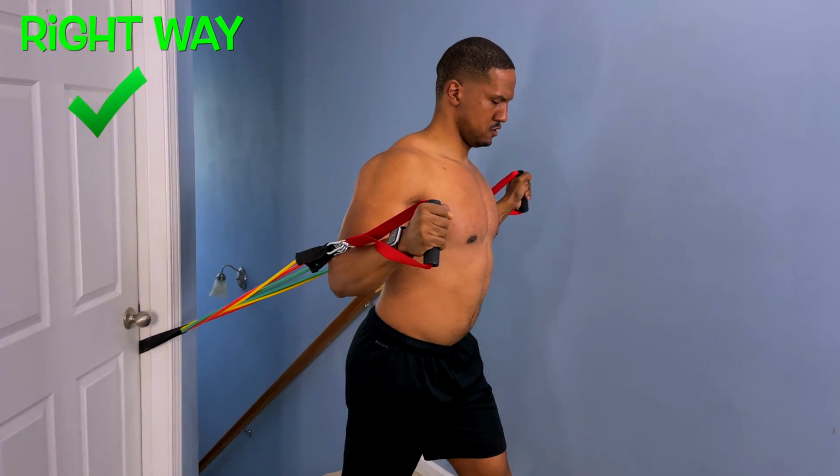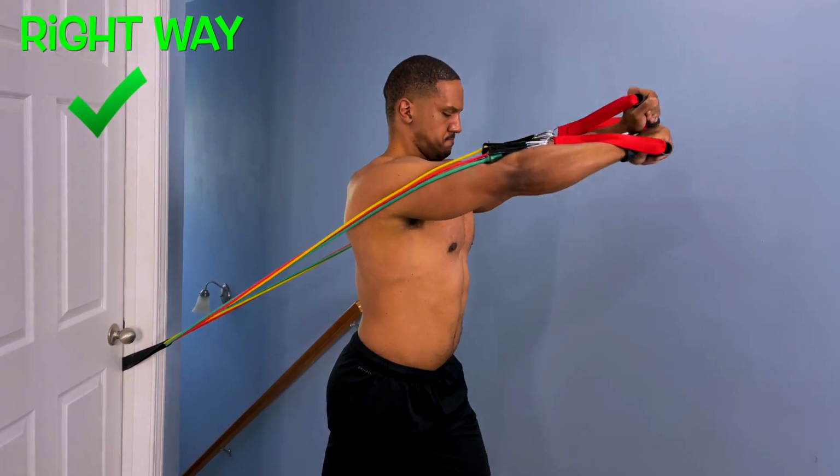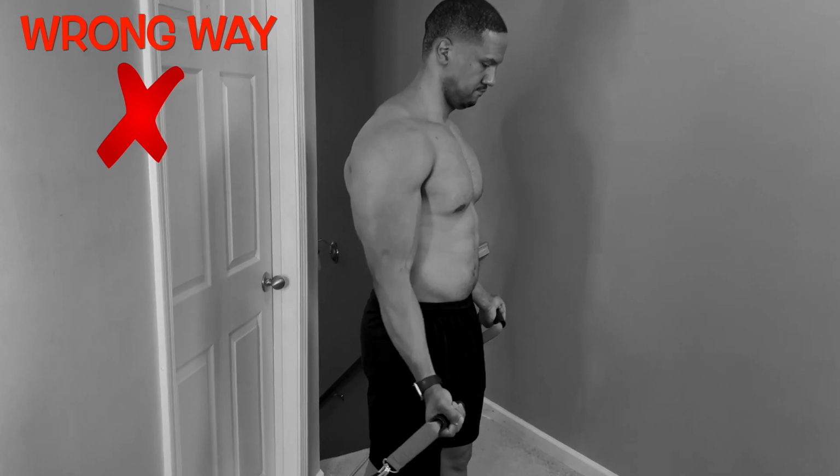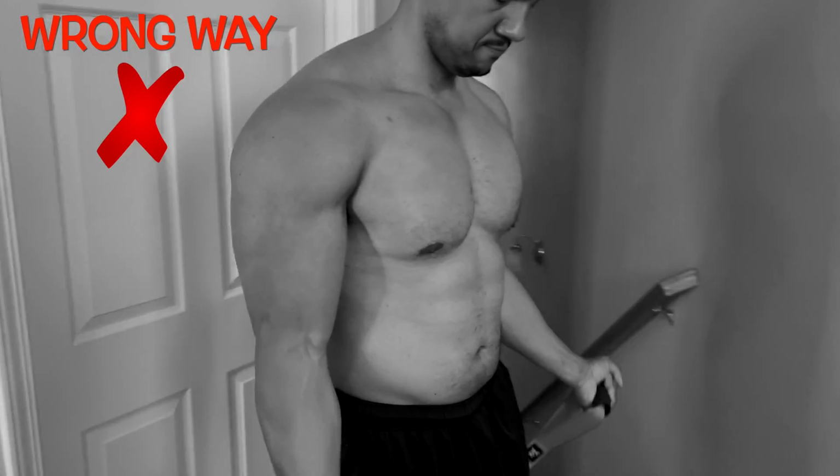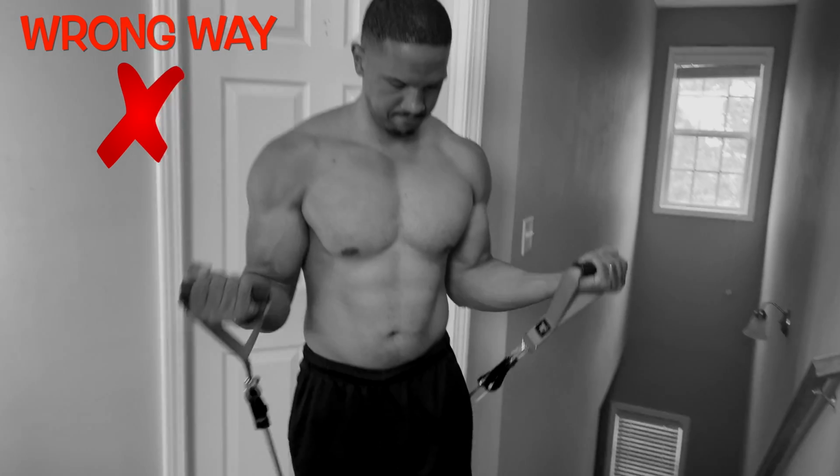You're just going forward at a slight angle upward. Now, another problem I see when people want to develop those guns is that they keep their arms pinned to their side and they just come straight up and down. They just keep it like that, like a hinge. But that's not the way to really develop those biceps, to really isolate them, to get those veins popping and